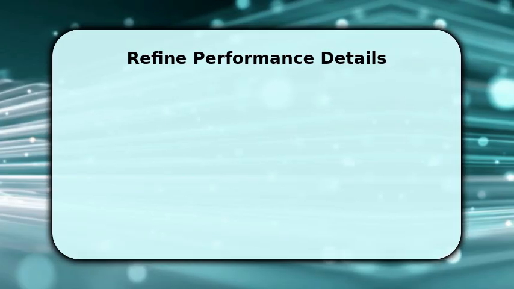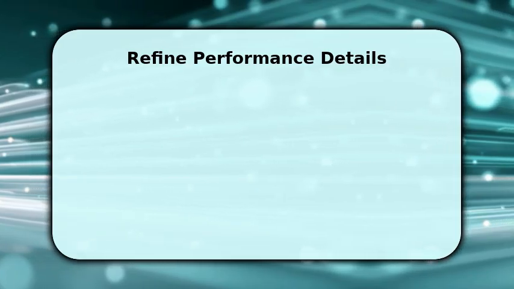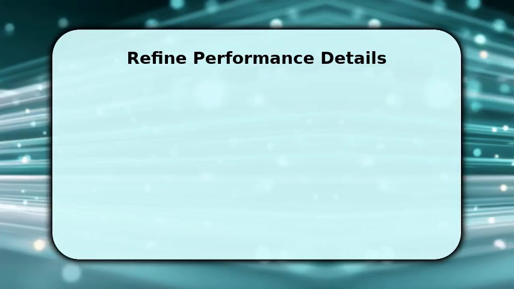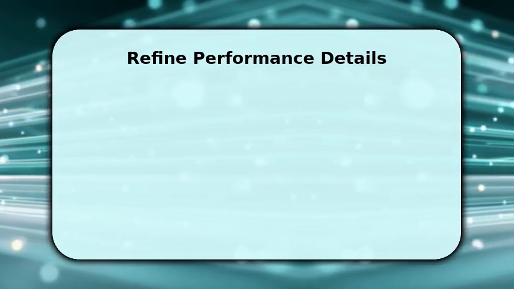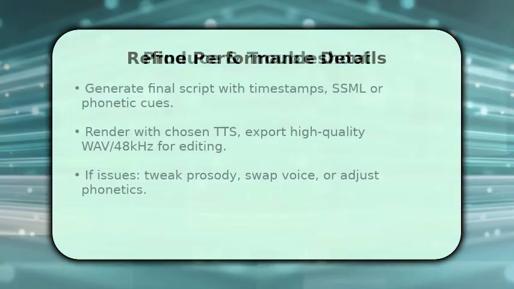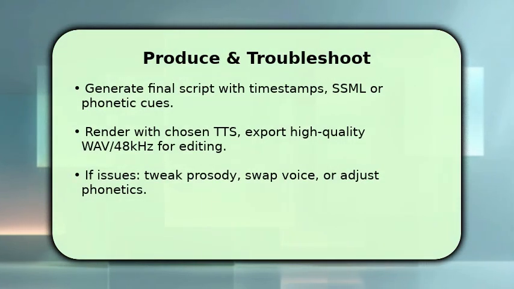After each pass, listen and tell the model what to soften or emphasize. This iterative loop tightens phrasing and makes the performance feel human rather than robotic. You finish by converting the chosen variant into SSML or clear phonetic cues, and then render using your selected TTS